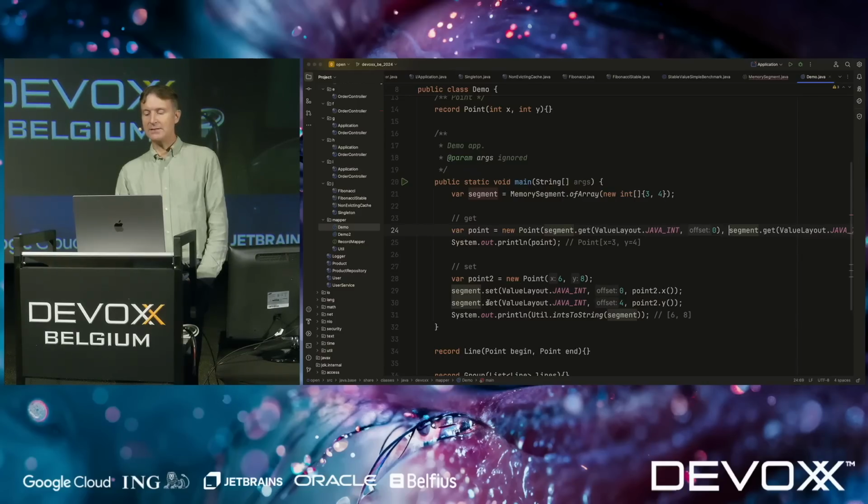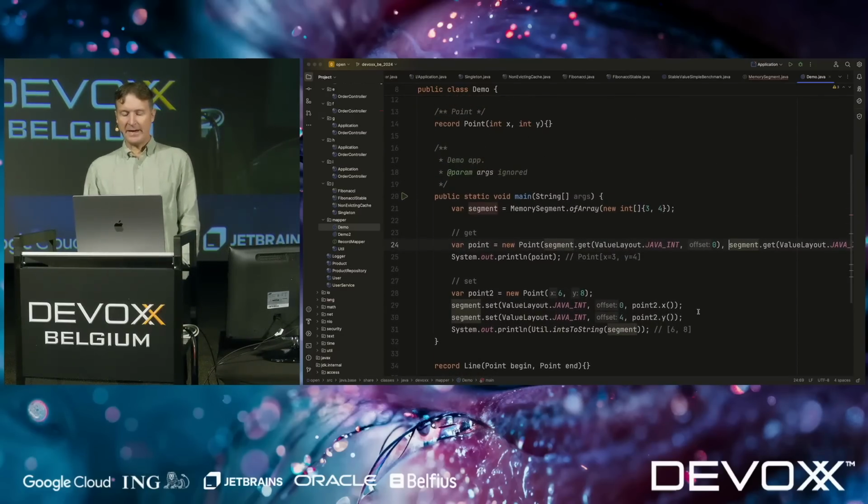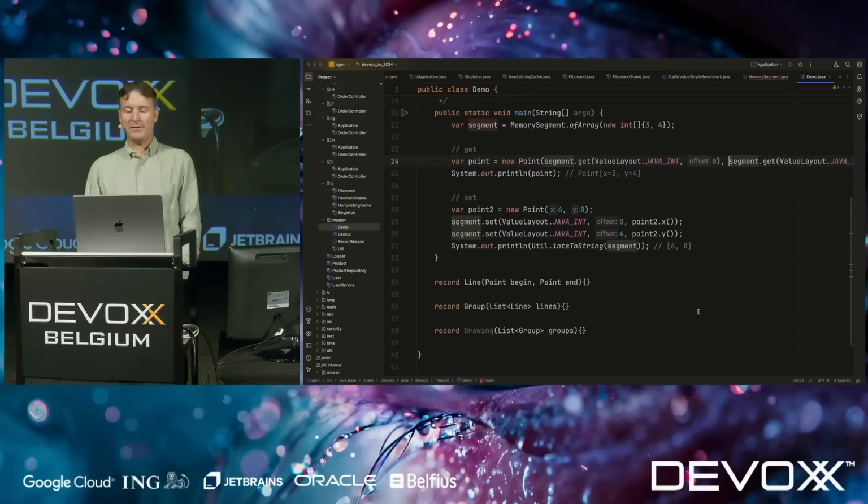And then I can set the Java int at an offset 4 for Y. And then if I print this using this utility method I created, this segment will contain 6 and 8. And that sounds great, but you can all imagine how things will turn to the worse if you have a